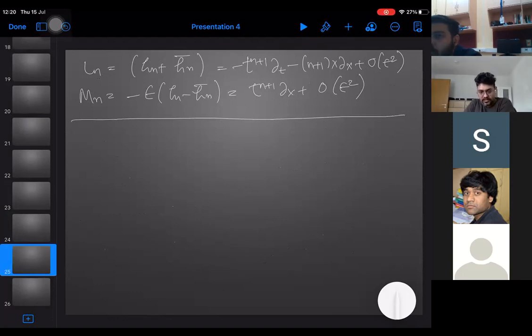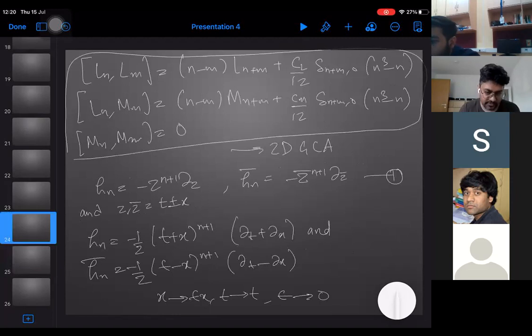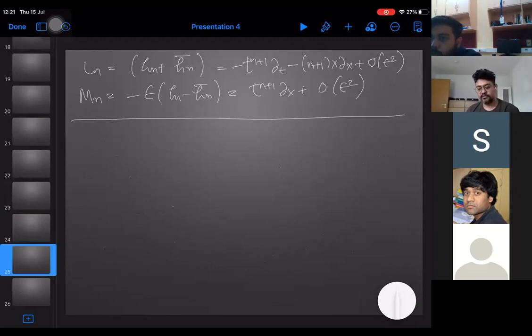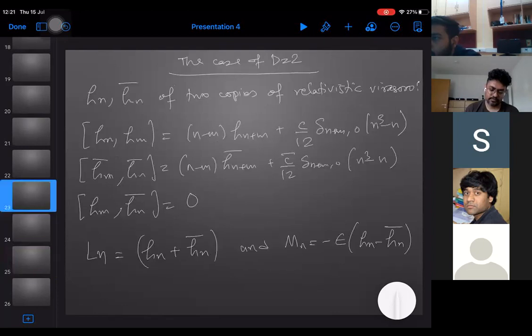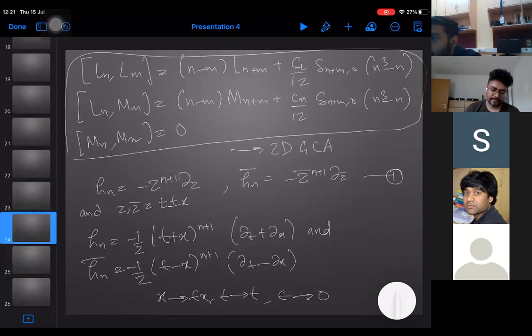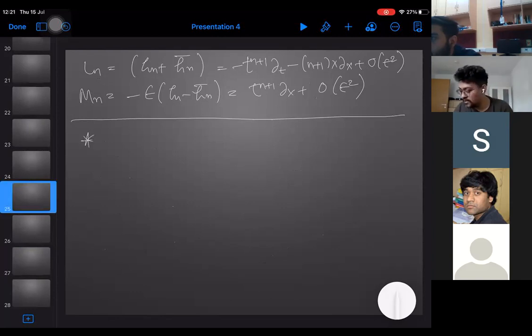So this was all the algebra which we have. First, we talked about BMS3 and BMS4. Now we have talked about something else for the GCA. First the general GCA in general dimension, then a very specific case, which is the d equal to 2 case. All right, so all the limiting is going on.